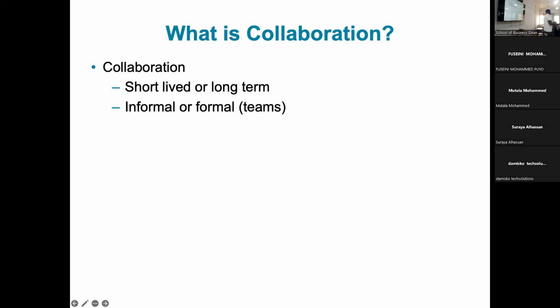For instance, if you are working with MTN, there's no way you would work without collaborating with others from other regions. Or you work in an institution like UDS, you will have to. Also, the way our culture of working is changing, so we need to collaborate more. This was tested by the pandemic. People couldn't go to work, but you still needed to be paid. So the organizations changed the work culture so that we could work remotely. Today, we are experiencing the benefits of that because we are able to teach and people are away and they are joining us. So all of these are avenues that can be used to support why we collaborate.